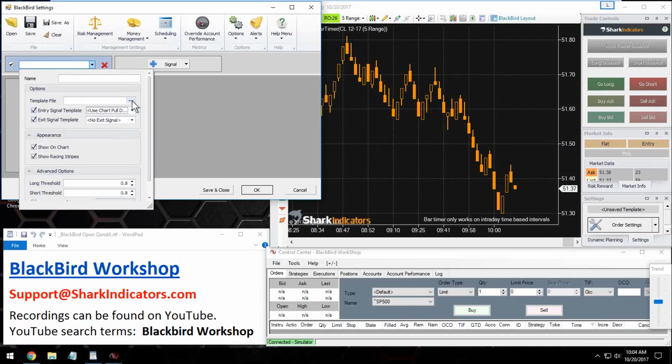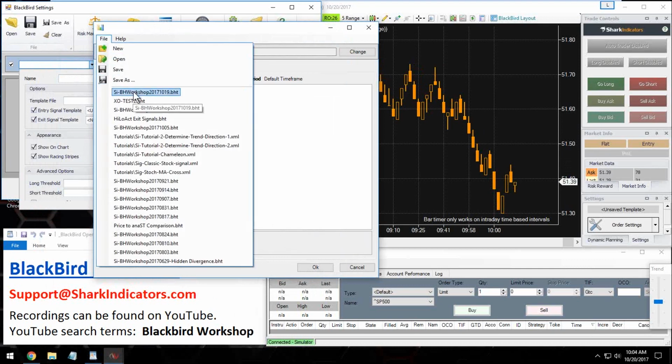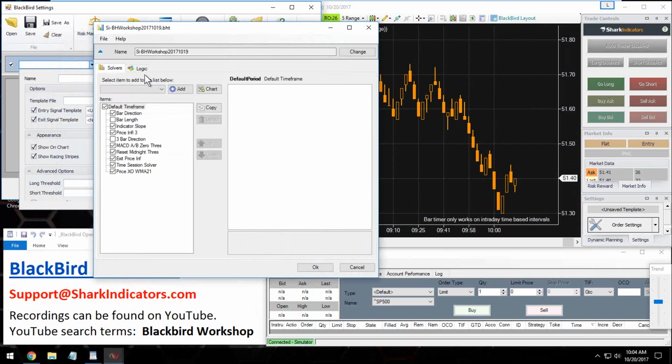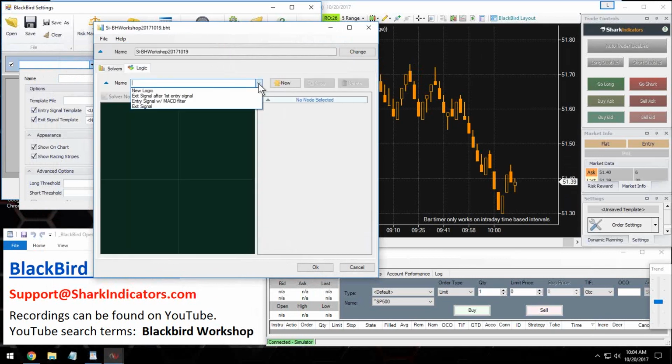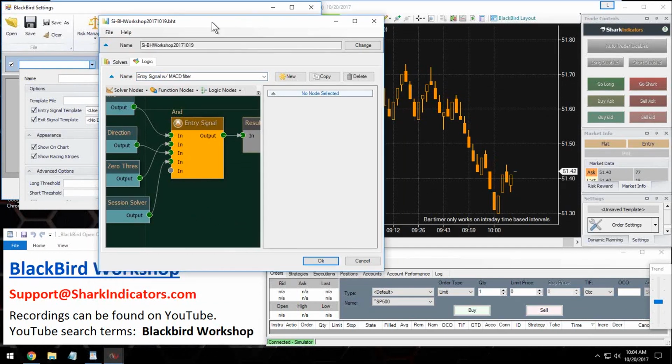So let's see. Yesterday I created some. I'm going to use yesterday's BloodHound file from the workshop. There we go. And I had created a couple of logic templates just for the question for now here. So we have the entry signals logic template here, and then a simple exit signal here to demonstrate. So all right, let me actually, I don't need to select the logic template yet, but I always used